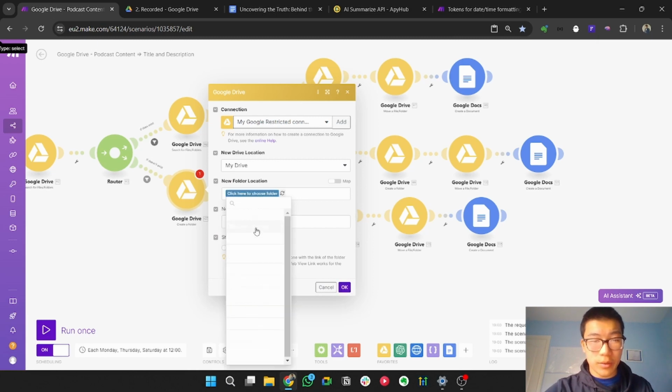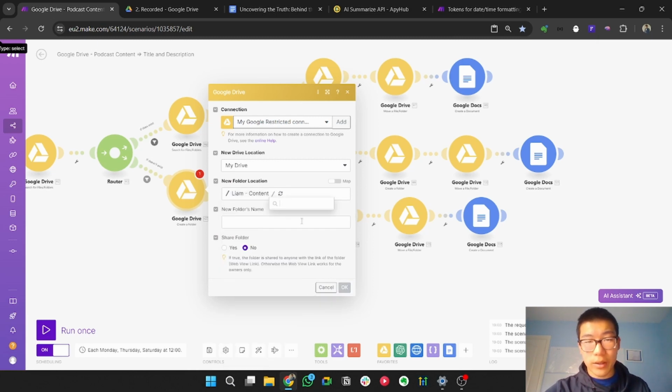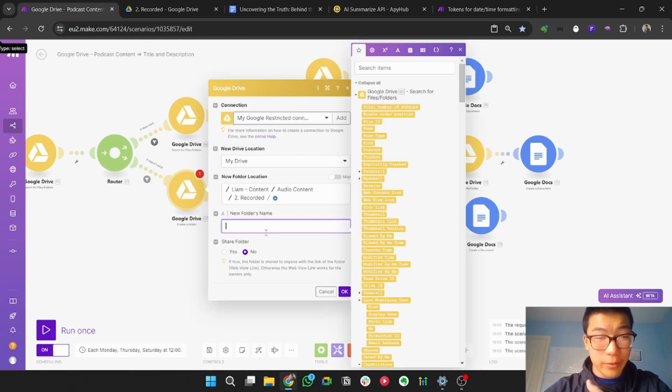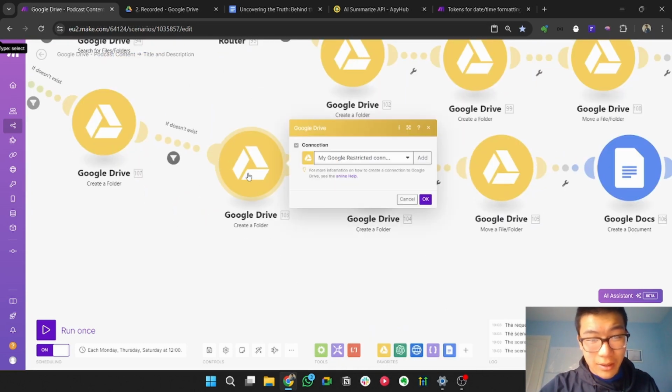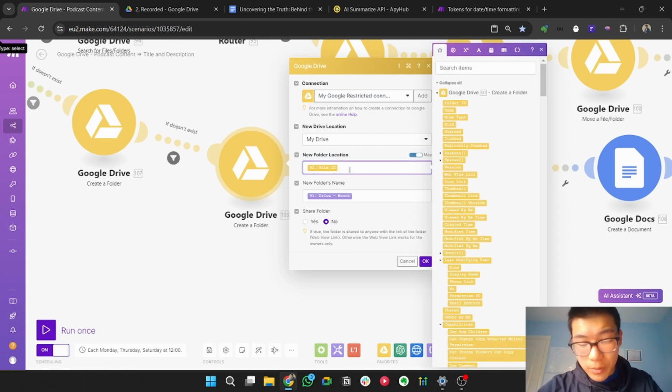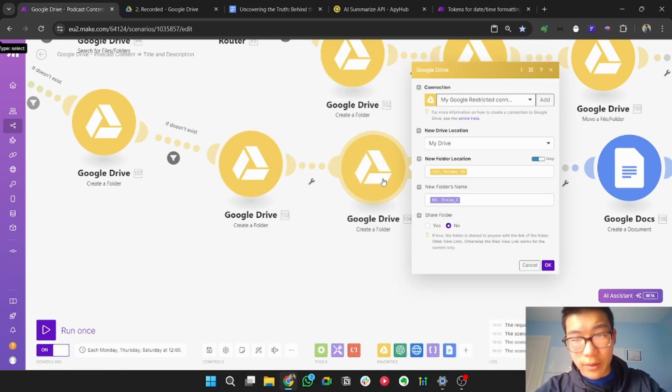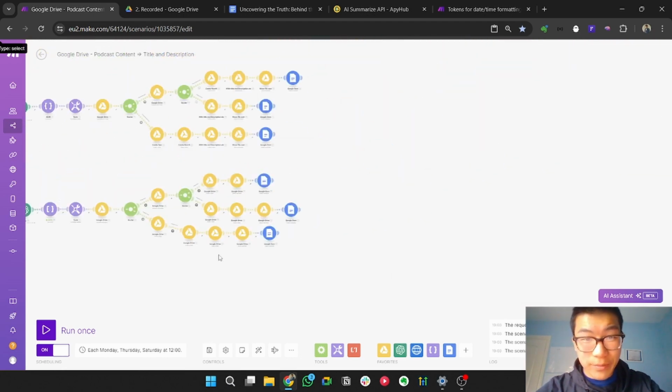So if you go to Liam content, which is the main one, you go to audio content and then recorded. So this is going to be different for everyone, but you can put the name as year and then dash audio. It doesn't really matter as long as it's consistent. And then this 103 should be folder location 107, and you're done. And that's it.